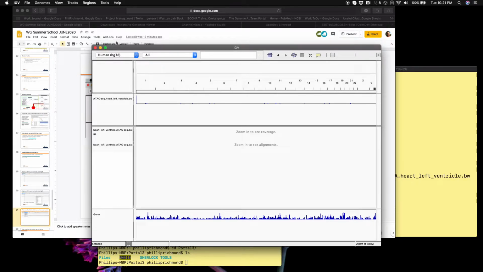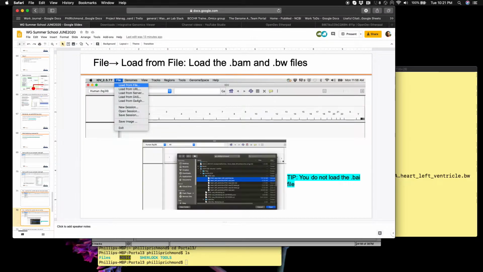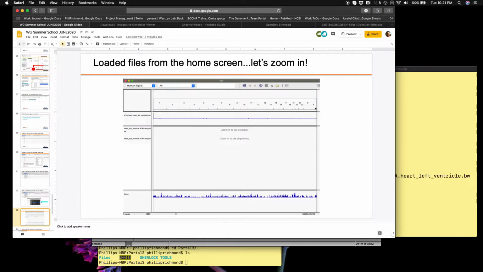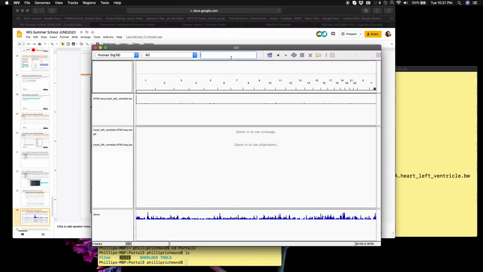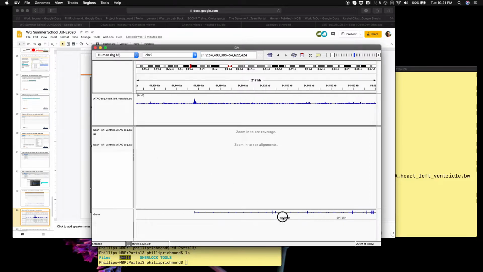We can load a couple more in a minute, or we can zoom in to a specific region in the genome. The one that I've picked beforehand is SPTBN1, which is a gene that we know is expressed in the heart ventricle. We can type this right into the search box here, and that will zoom to our gene. So the gene track down here, you see this has appeared, and it has the gene